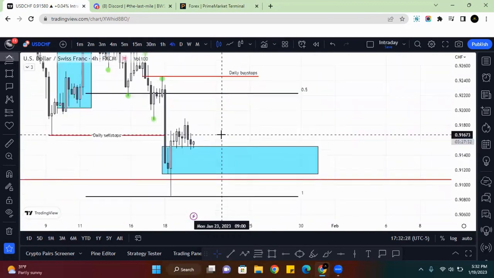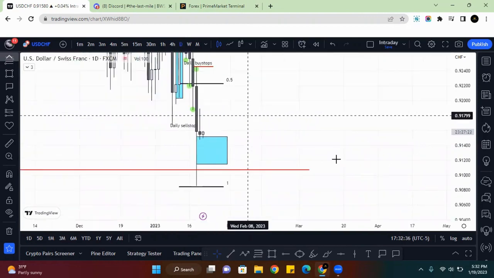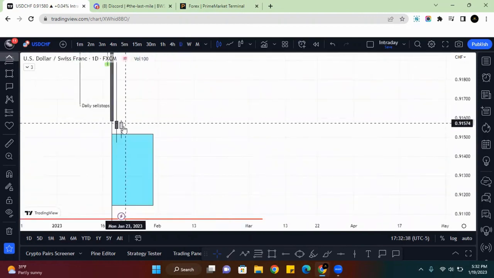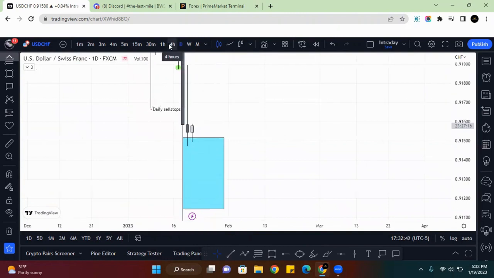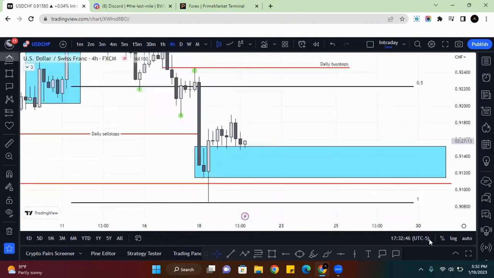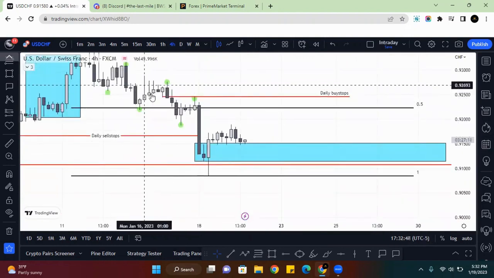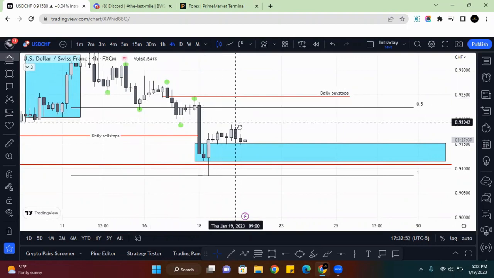This is me breaking down the daily down to the 4 hour, right? Daily liquidity down to the 4 hour. So we're still inside of this current daily bullish candle that's retracing, right? Now price bounces back and forth between buy side and sell side, and it's only the swing highs and swing lows. I'm not counting anything else, just this liquidity on the swing highs and swing lows, right?